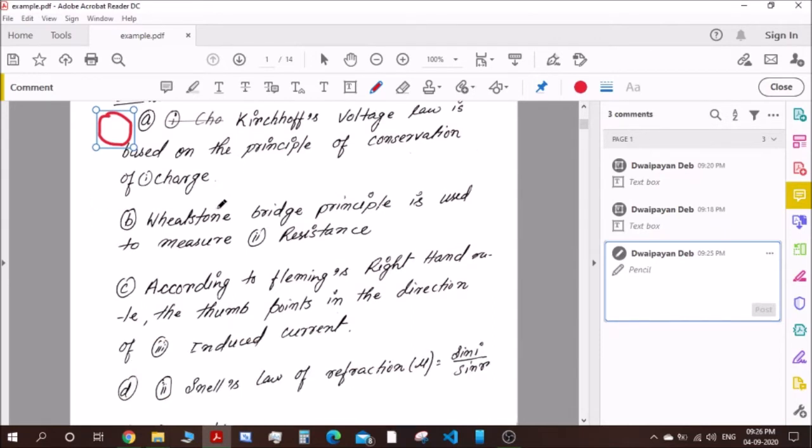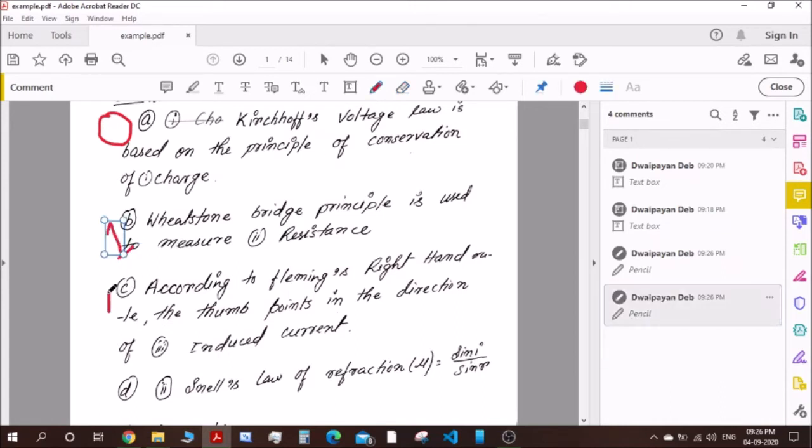And then on the next let me give here 1. So this is correct. So if I want to change my marking, I can choose here Rubber. Okay, so if I choose Rubber, then I can rub it with the help of this rubber. Okay, so in this manner I can give marks to the individual papers, and then after everything is finished,